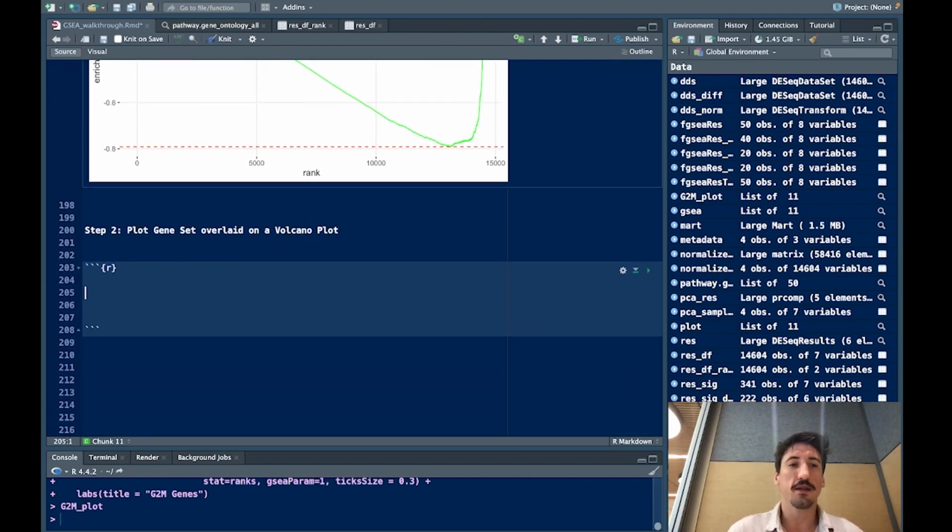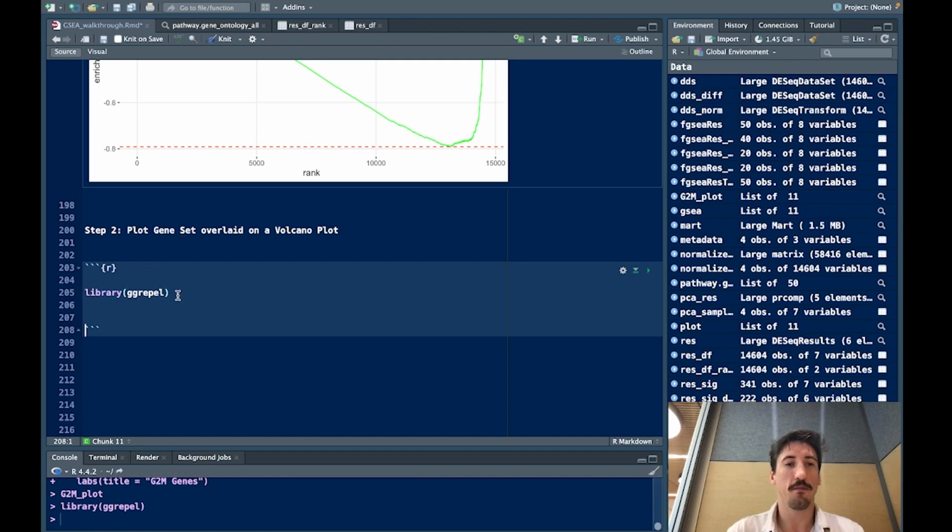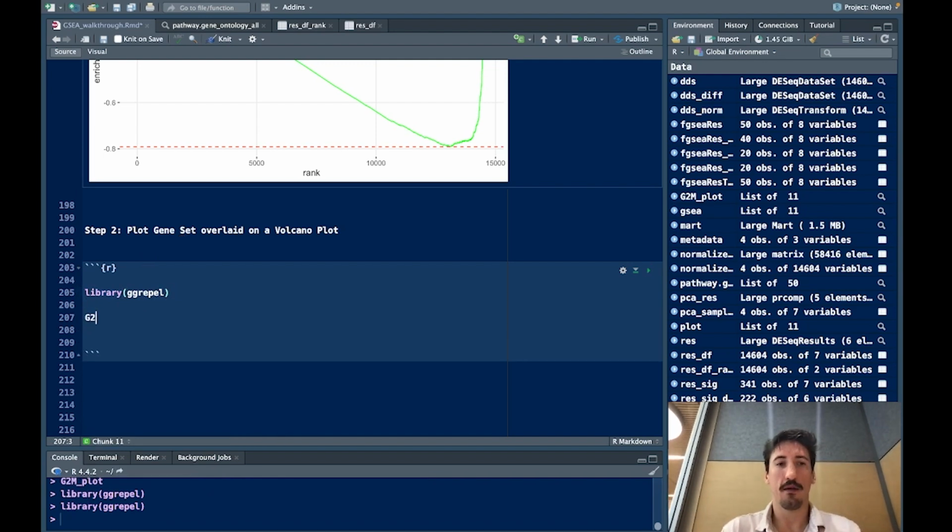So then next, we're going to try to focus in on the 50 genes that are included in the G2M gene set and plot those and overlay them on the Volcano plot. And the Volcano plot is really just showing every single gene in the RNA sequencing data set for the DEG analysis and showing which are significantly up and which are significantly down. But here we're going to be overlaying these G2M genes in particular. So first, we're going to need this package called ggrepel just so we can label TRIP13. And then